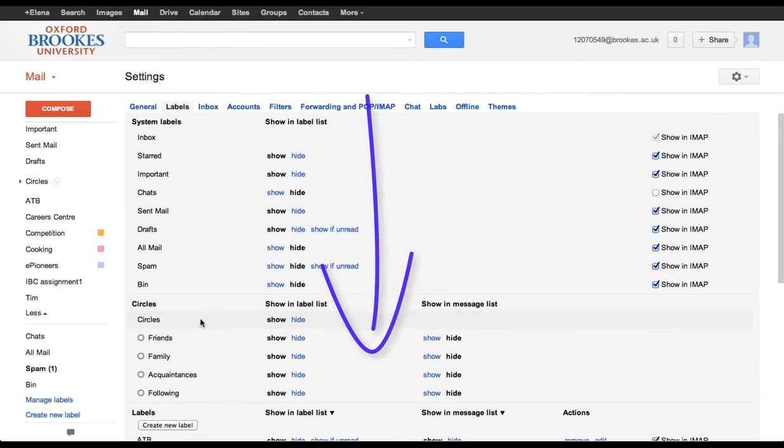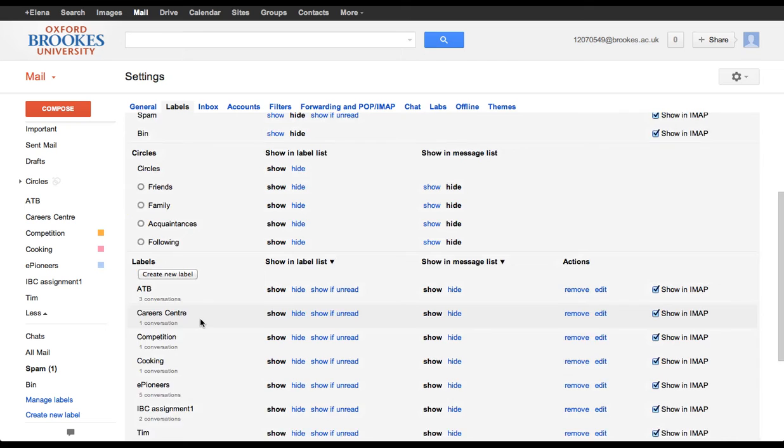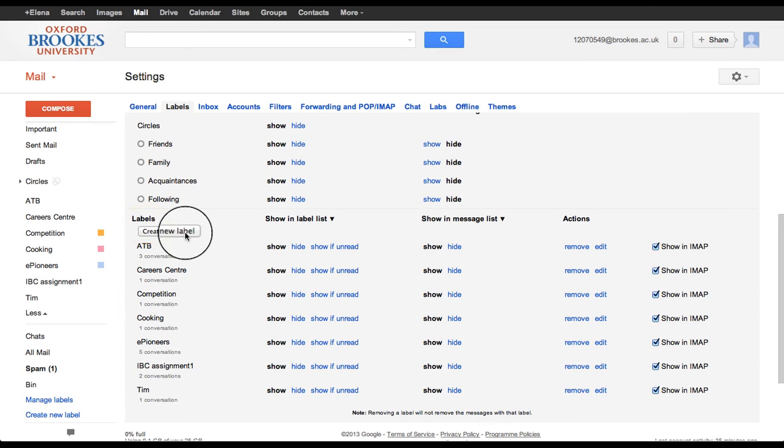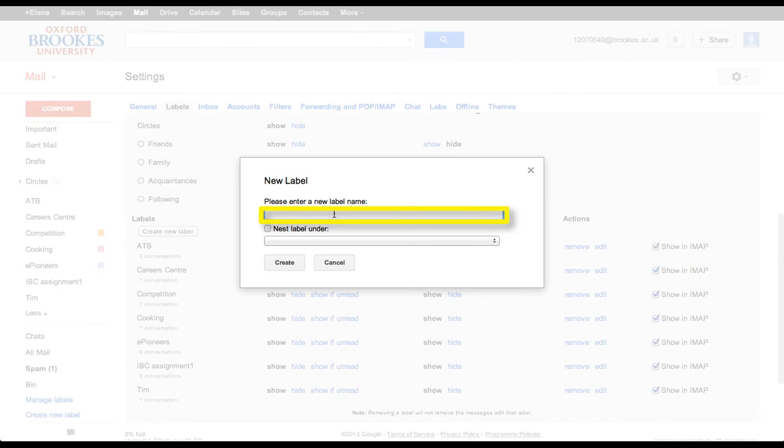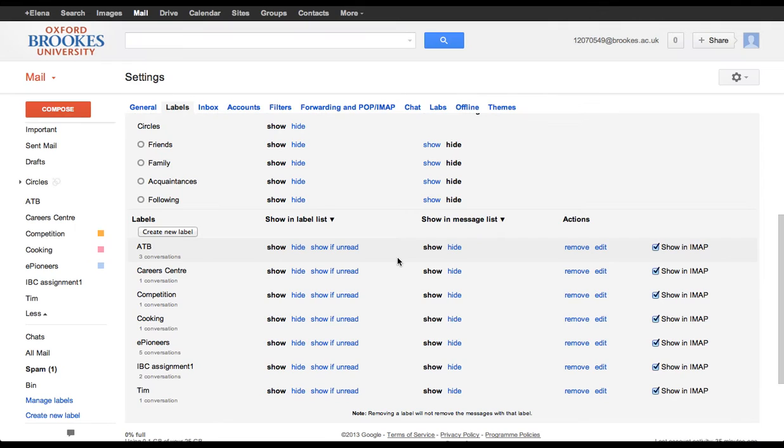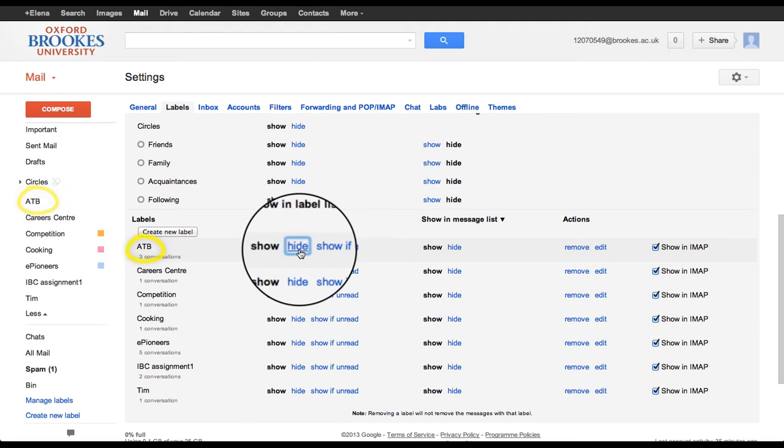and then here you can see all the labels that you actually have in your email so far. So just click on create new label and then just enter the name. Here you can also select the labels that you want on your left hand side menu by just clicking on show or hide. For example, if I don't want ATB to be shown, then I just click on hide and